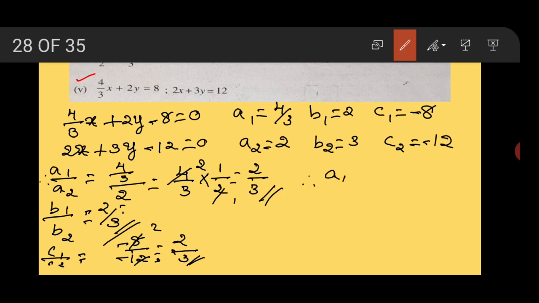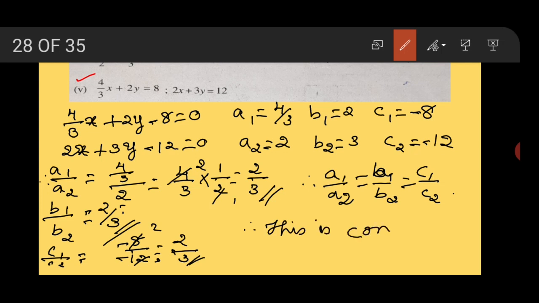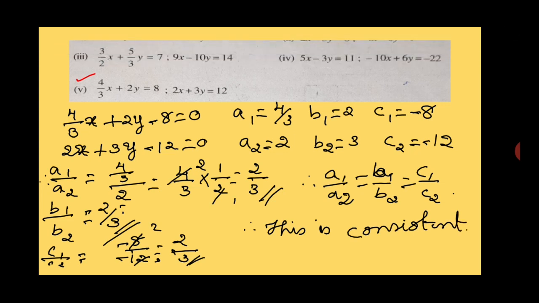It implies a1 by a2 is equal to b1 divided by b2 is equal to c1 divided by c2. These ratios are equal, which implies what? Coincident lines, right? Therefore it is also consistent, right? Okay, next,